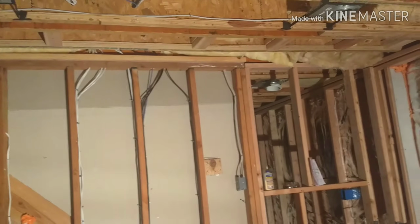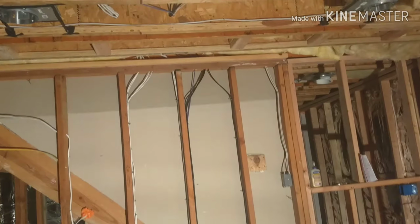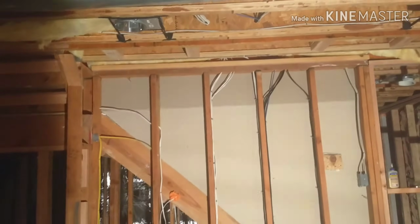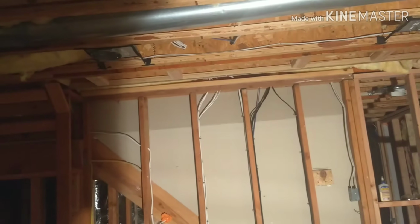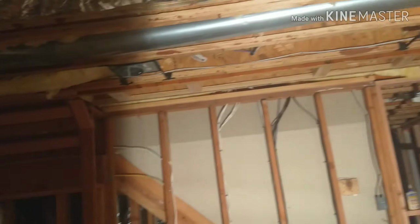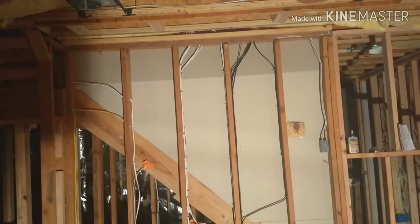A little bit about the AV wiring for this room. As you see, this is a completely DIY build, the theater. Although the basement is being finished by a contractor and the studs and everything else are being installed by him, the theater itself, the main construction of the AT screen, the mounts, the support, and all of that is being